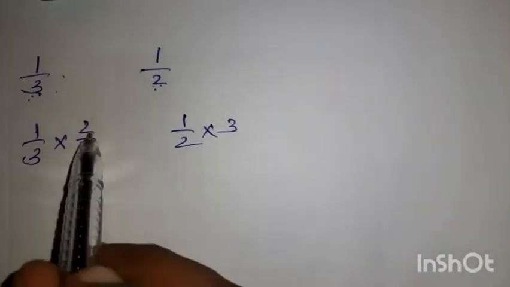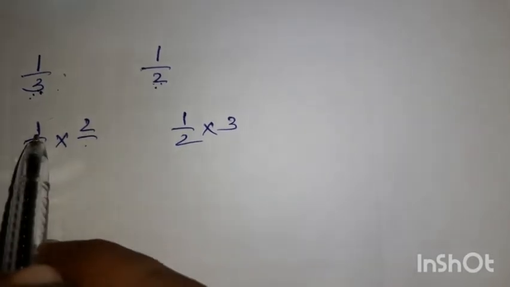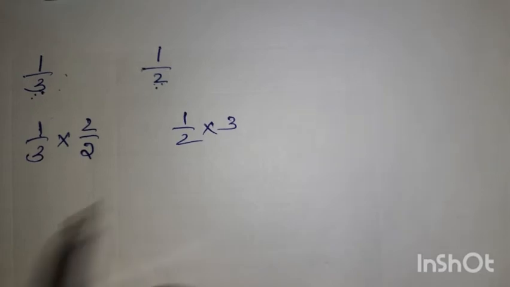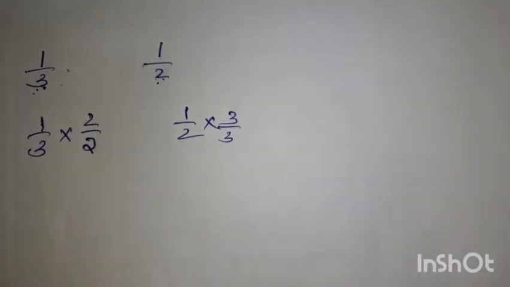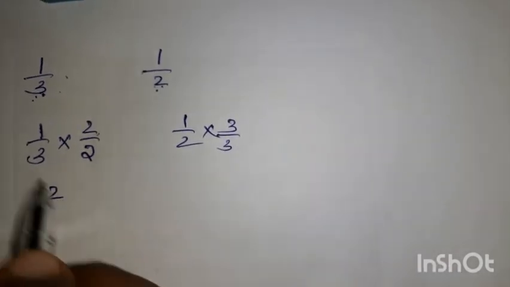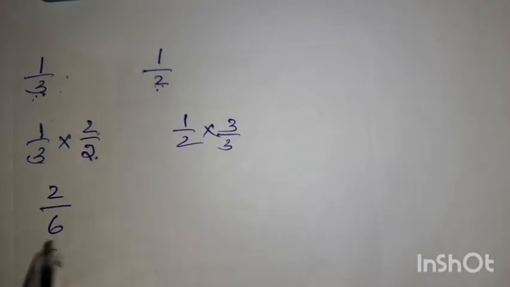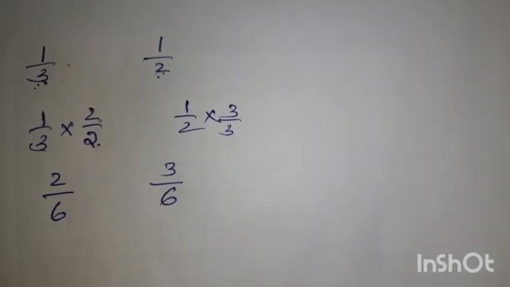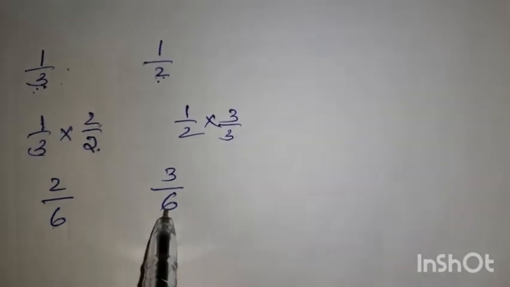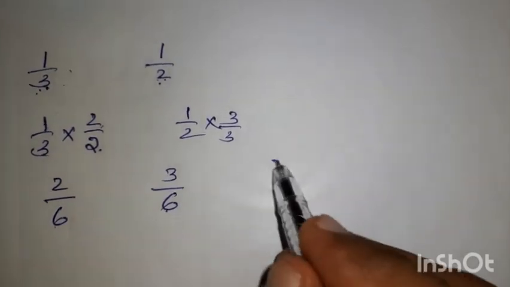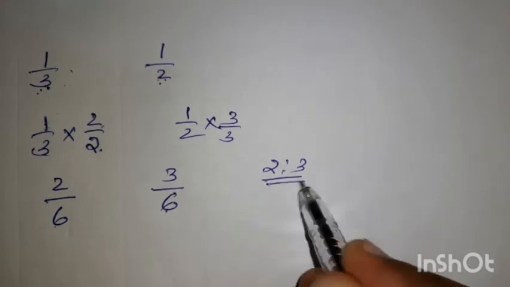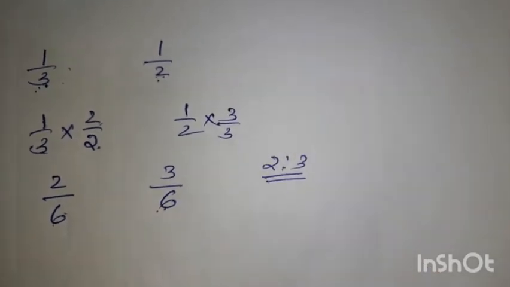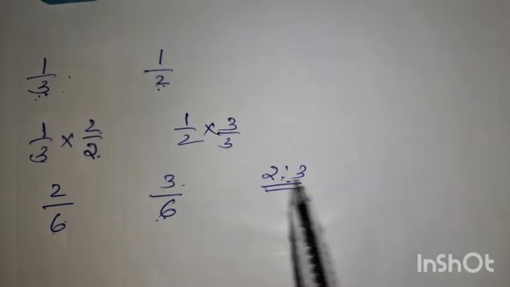And we cannot simply multiply a number to the numerator only. We have to multiply with the denominator also. So it will be getting like this. So 1 into 2, 2, 3 into 2, 6. 1 into 3, 3, 2 into 3, 6. Then you can see the denominator become common. So we can write the ratio as 2:3. So denominator is common, that's why we can write the ratio, write the numerators.